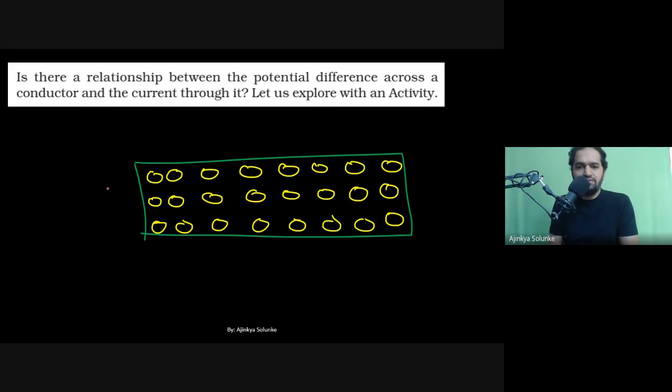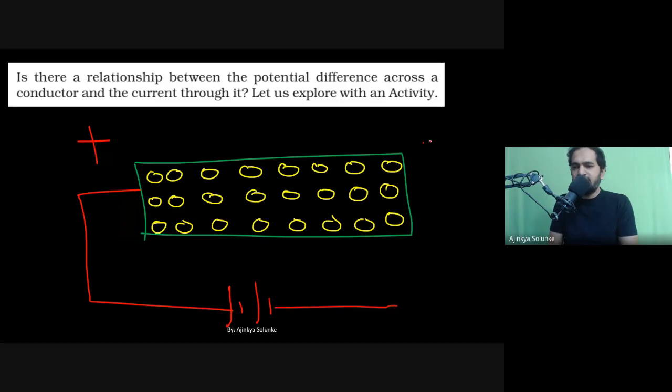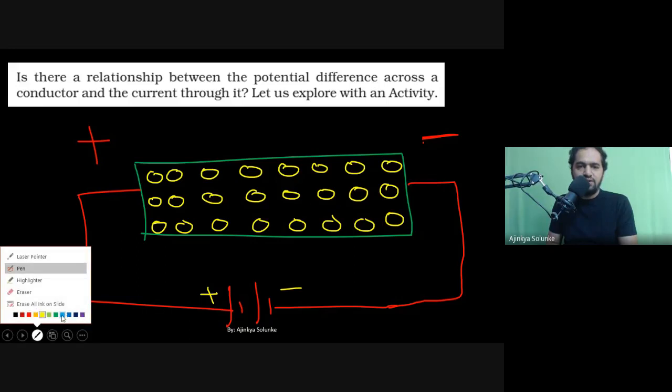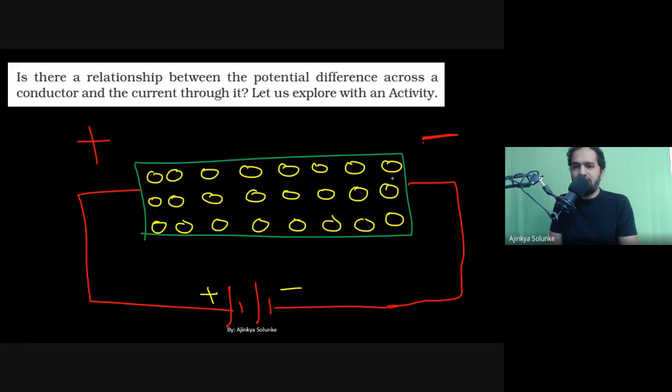So suppose the terminal here is positive, let us say the terminal here is positive of the battery, and the terminal here is negative, right? The negative side has been connected to this one. So one is positive, one is negative. What is going to happen is the electrons are going to move in this direction. If there is one tiny electron here, it is going to go in this direction. Every electron will try to go in the left direction in our circuit.